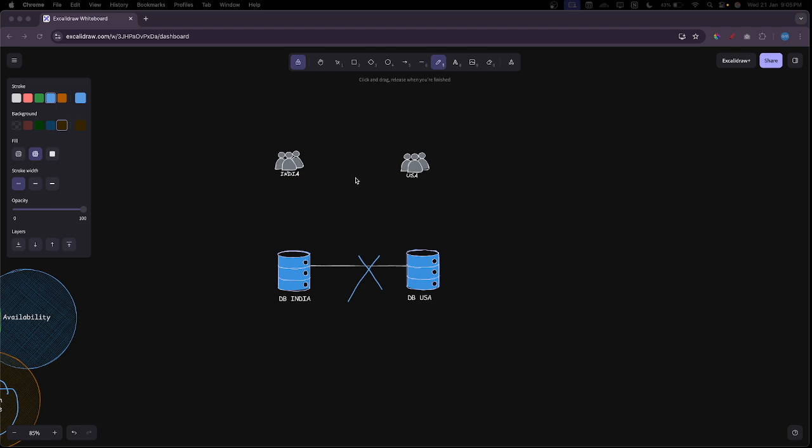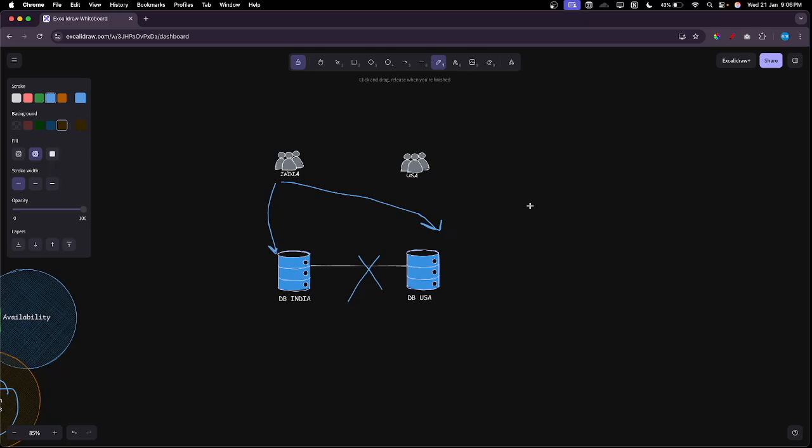Now, the same partition but with an authentication DB. Let's say the Indian user is trying to change their password, and the password is changed. Now the Indian DB has the new password, but the US database still holds the old password. Now let's suppose the Indian user tries logging in from the US region, and if the system allowed it, the wrong password is accepted, and it is a security bug.